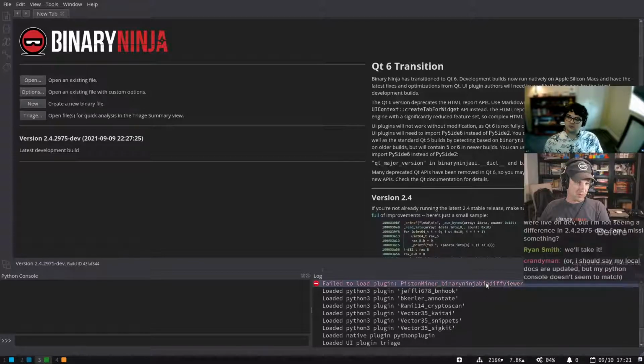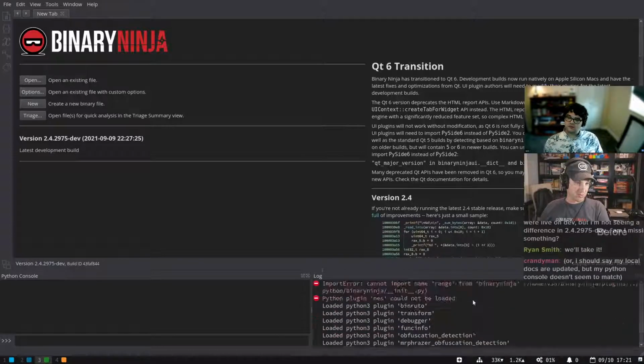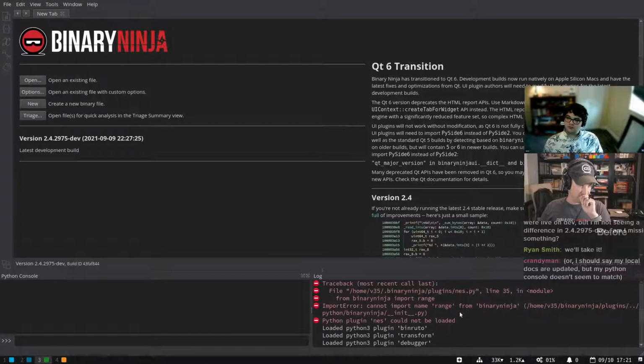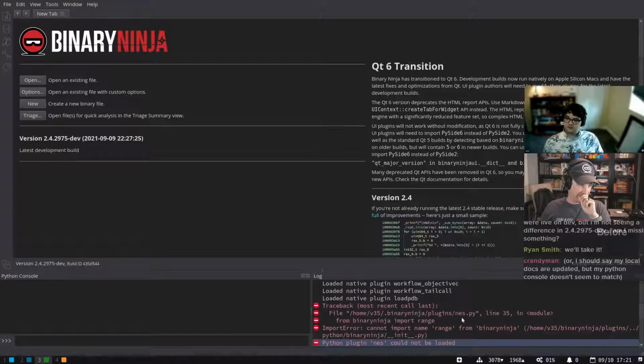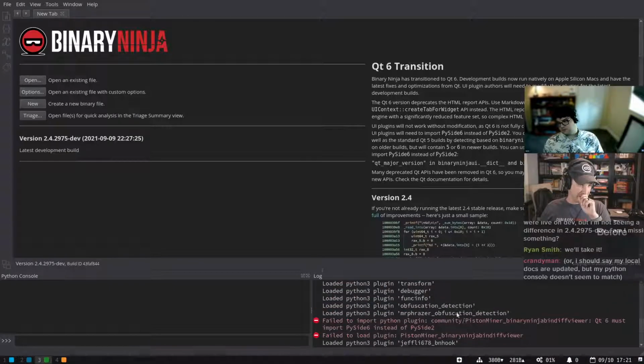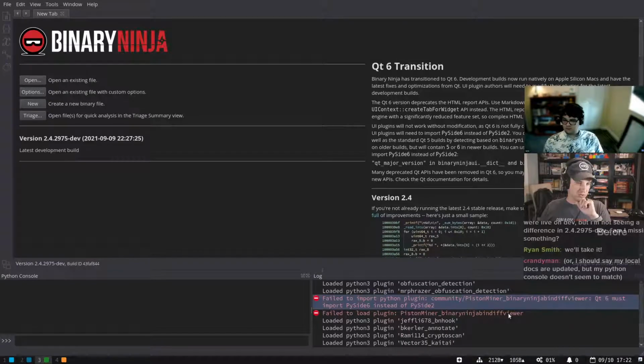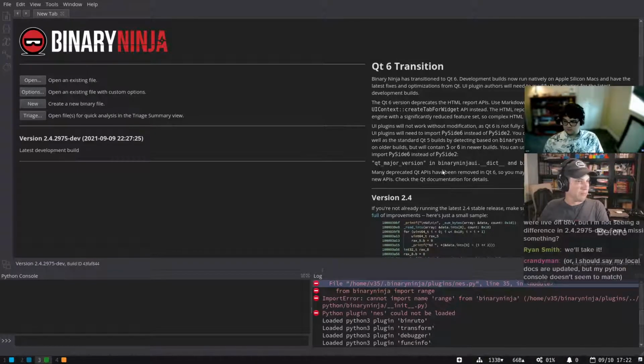Oh, interesting. Binja viewer is not yet compatible with this. There might be some changes for that one. NES has also been updated as well, so we might have to pull that. But we should have the debugger now. Yeah, so now the debugger loads because we got the latest one too. Oh yeah. Binja viewer hasn't been updated even for, wait, what? Oh wow, it's Qt5. I need to go work on that. I was just using that plugin. So this should be the new API.